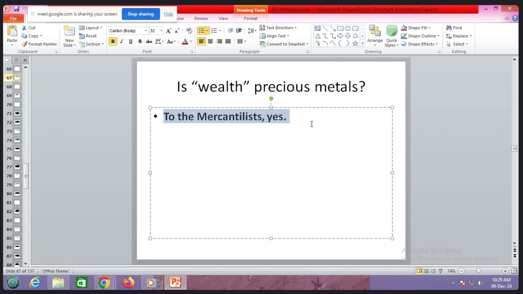The rulers were existing, and for the rulers, gold was considered to be very important. Why for the rulers the gold was considered to be very important? Because more gold meant that they can have larger armies. So if you remember, in those times,